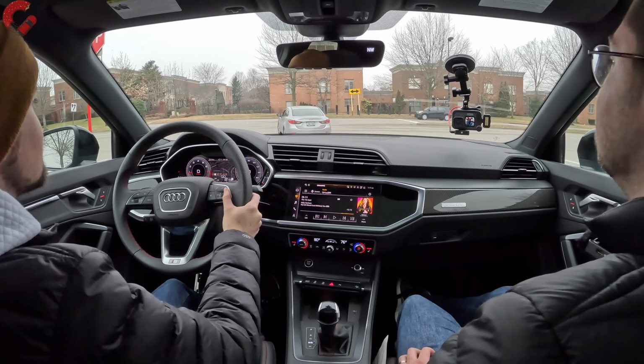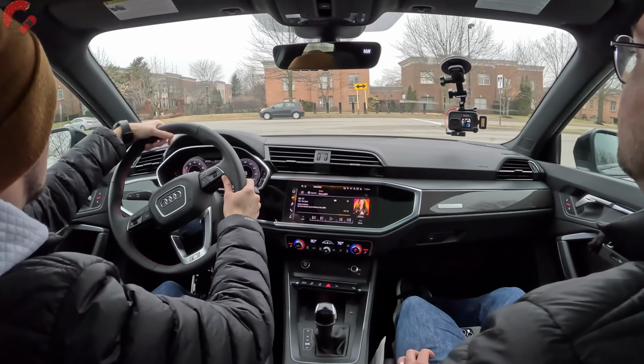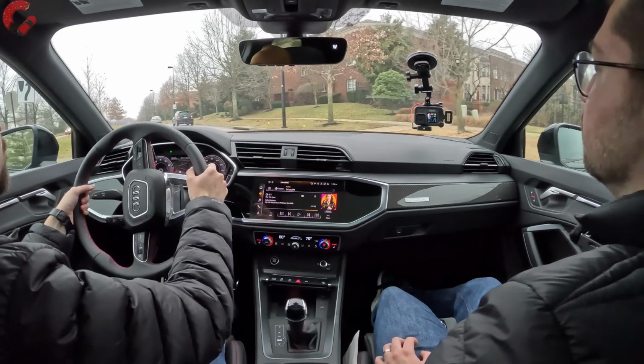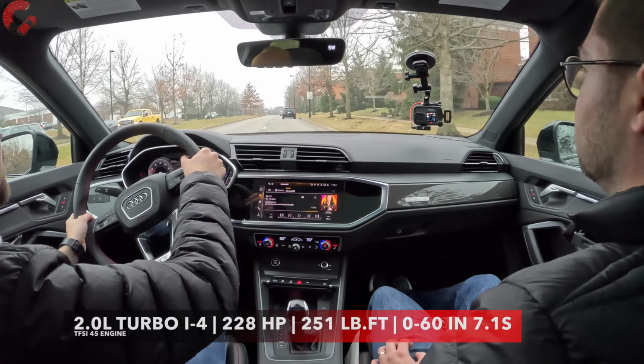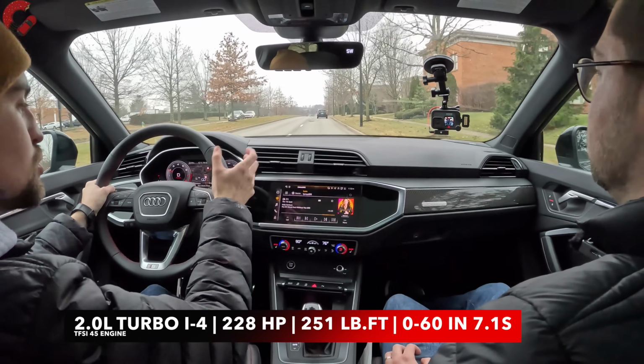So as we were talking about at the spec dump, a big thing about the 2025 Q3 updates is the fact that you're always going to get that TFSI 45 powertrain now across the entire board. That includes obviously the base model. Previously you had about 184 horsepower. Now you get 228 horsepower as standard equipment, giving you a bump of about 40 overall horsepower from that 2-liter